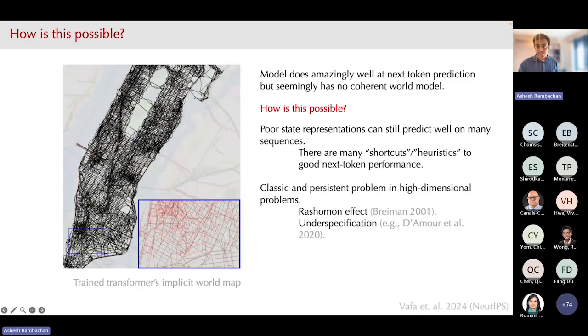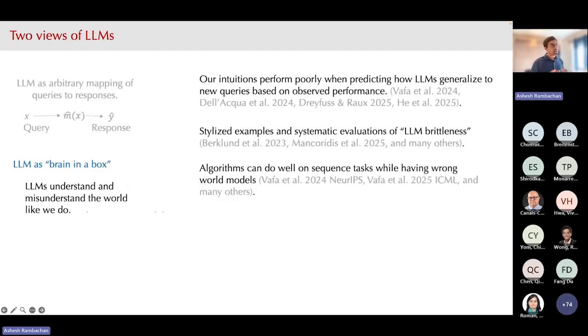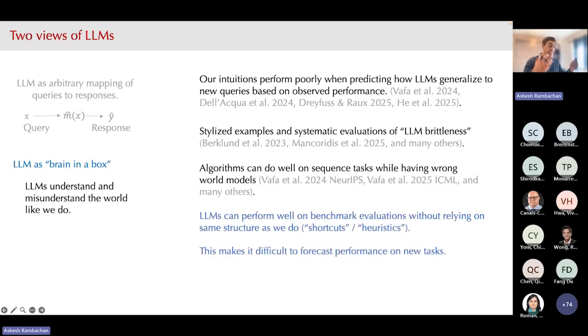So just to make sure we get through everything, let me jump ahead and summarize what comes from this view out of computer science. It is very difficult to go from benchmark evaluations in computer science and our own encounters with large language models to make general statements about their performance on new tasks. Large language models don't generalize to new tasks like people. Our intuition is very bad at predicting where they'll perform well. And it doesn't appear that these algorithms uncover robust underlying structure that might allow them to generalize out of domain into new tasks.